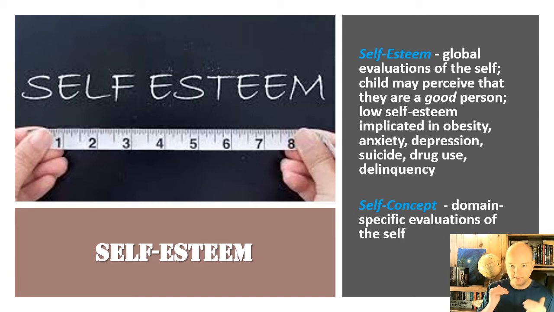What's the difference between a self-concept and self-esteem? Self-concept is like how you feel about how you are in all these areas, right? So a kid might have a self-concept about how they are at math, and how they are as an athlete, and how they are at talking in front of people, and how they are at singing or whatever. And they have these concepts of all this, and then there's this next level of how they feel about all that. It might be that they feel that they're bad at this, and